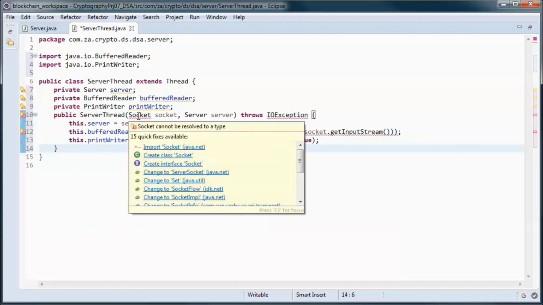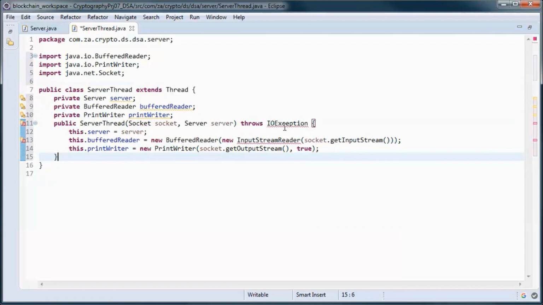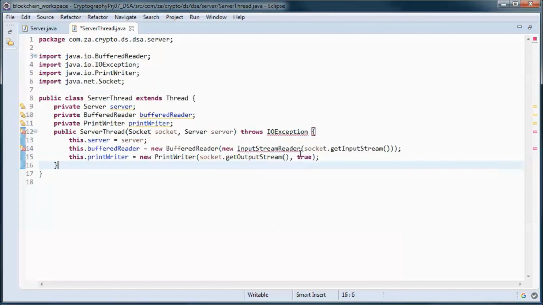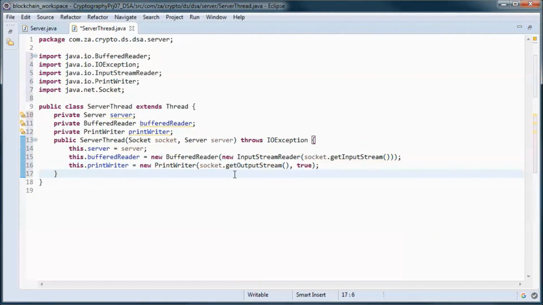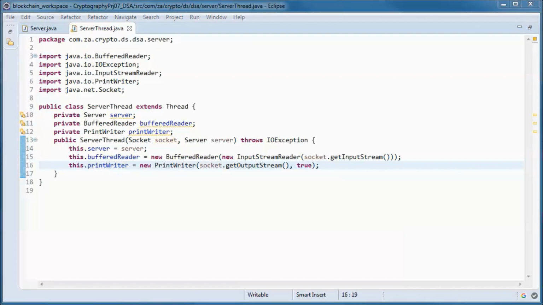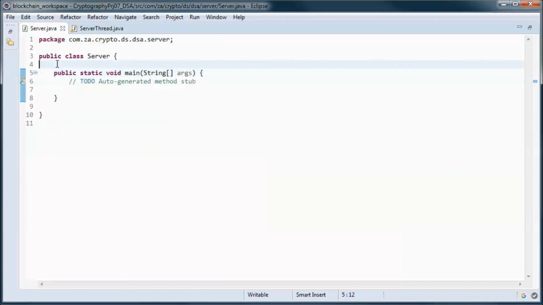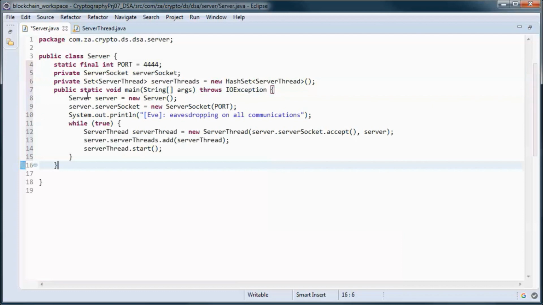And the constructor takes in a socket and a server instance and uses the socket to initialize the buffered reader and the print writer. And the server will be listening on this port,